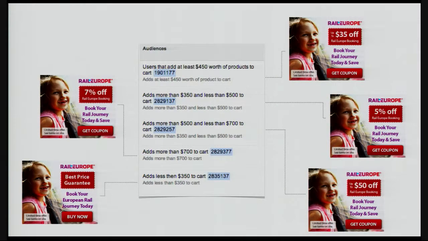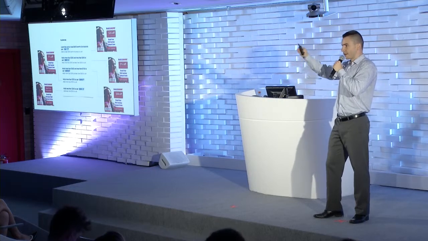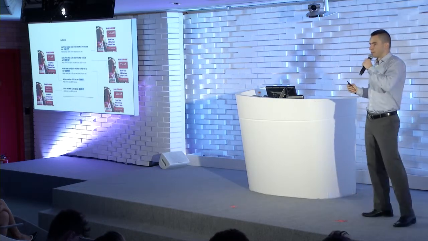The second campaign we did, which was also very, very effective, is to target those people that put stuff in your shopping cart and then left and didn't convert. We saw that half of the value of the products put in the cart are actually never booked. So it's money that is sitting on the table for you to grab. We also segmented these people based on how much the cart value was, because we wanted to encourage people with a high cart value to convert. So you can show different ads based on the cart value. For people with a high cart value, we would show an ad that would give them a coupon code, whereas for people with a low cart value, we would just show a generic ad.